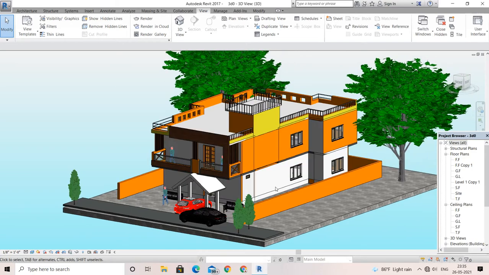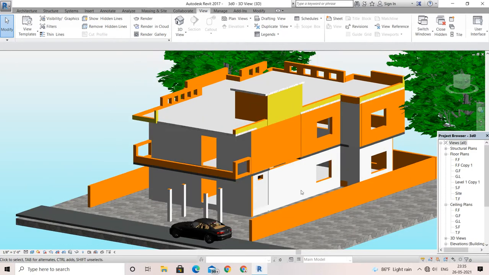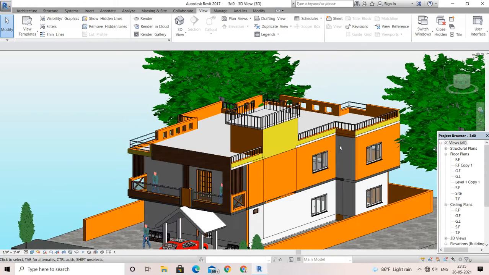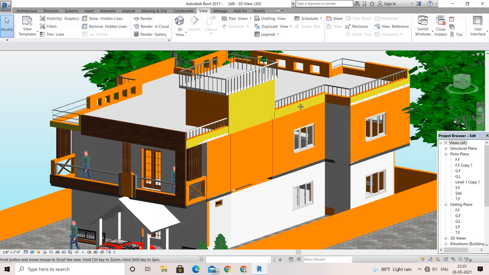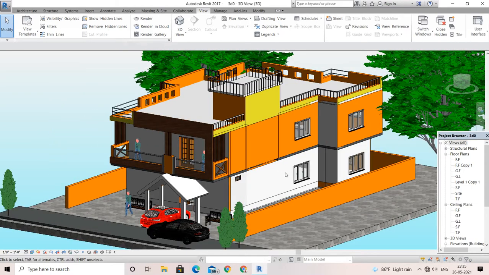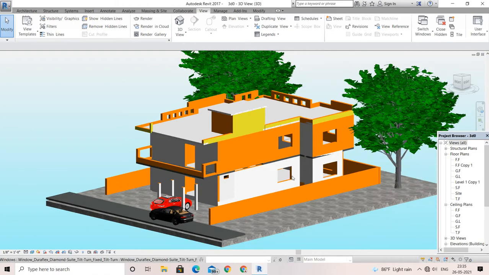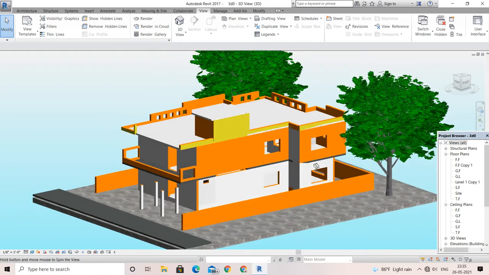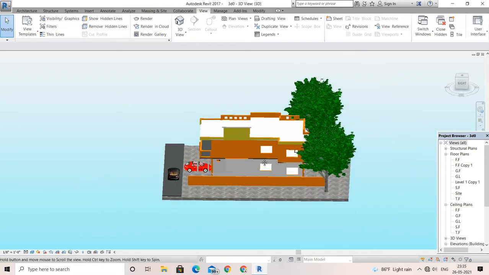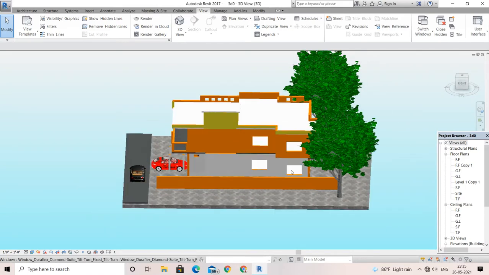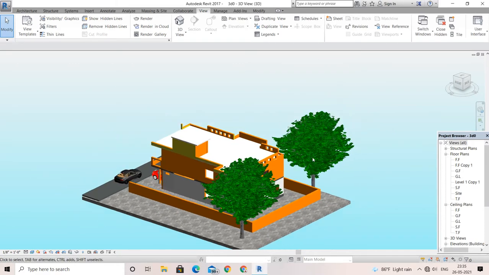It will give you the exposure of how I have done it, and some ideas regarding your tutorial making plan. You can see it looks quite good, but let me show you some more things, so please have a look at this. I have made some openings here with windows and all. Here I'm going to show some of the rear view also, the back side of the building.